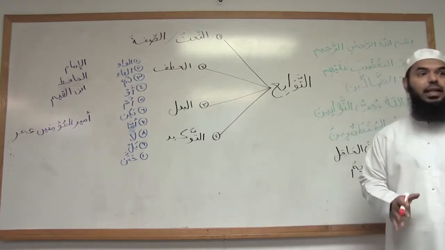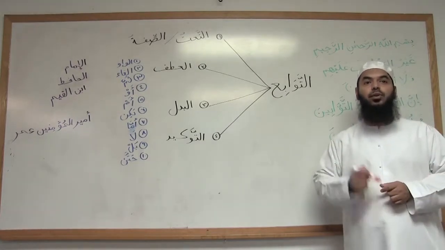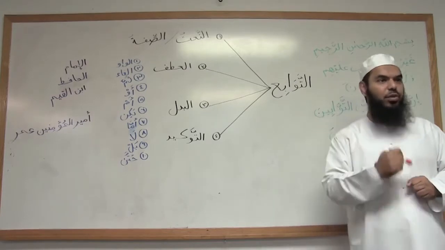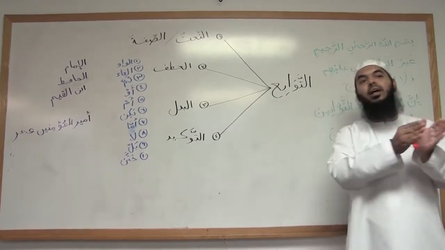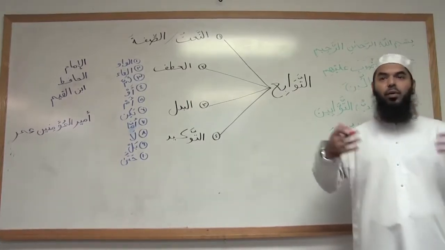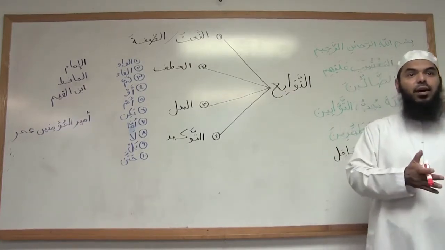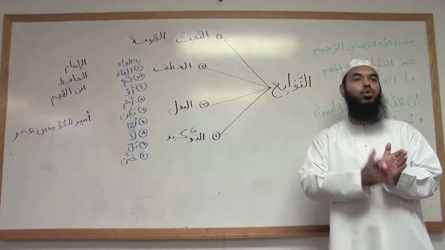But this is important because now, many times when you did your homework, you looked at something and said, why is this majroor? There's no harf al-jar here. It's not mudaf ilayhi. Many times it's because it was tabi' to something else. Or you found it marfu' or mansub or in other ahwal, thinking, why is it this way? And it turns out the reason is because it's following something else. It doesn't have its own ruling.